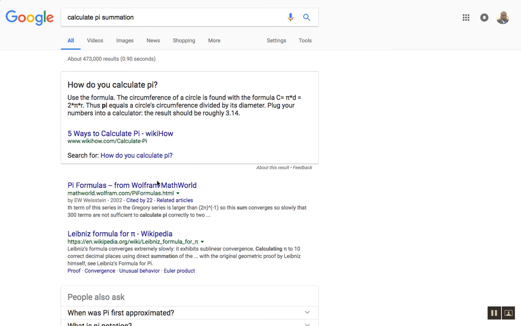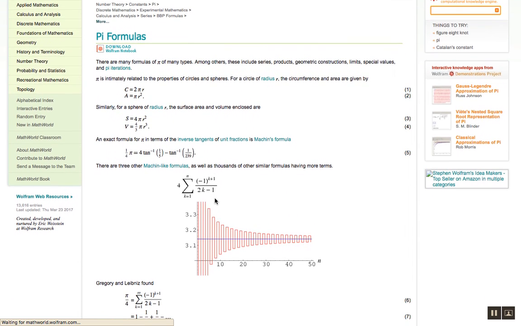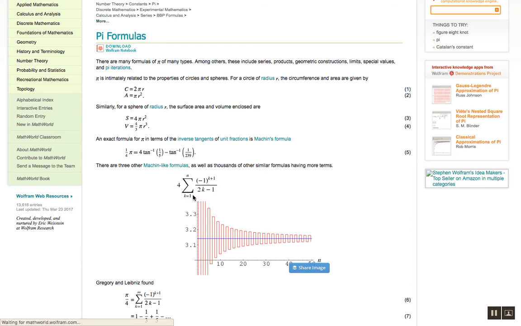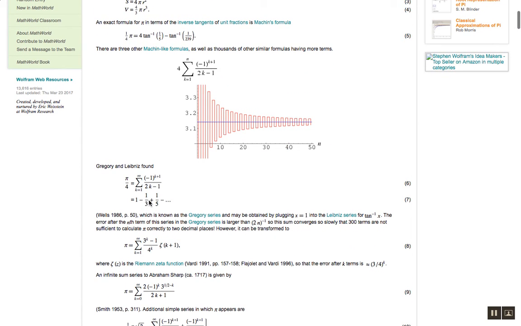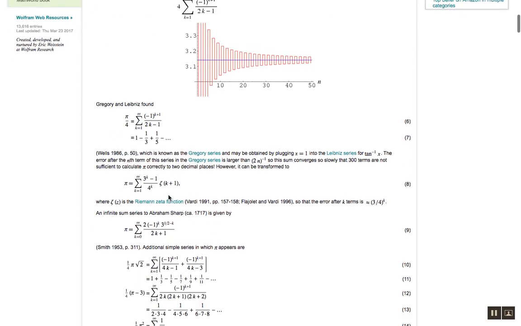Summation. Wolfram is pretty badass. So it's a sum from 1 to n of -1 to the k plus 1 over 2k minus 1. So it'd be like -1 squared 1 over 2 minus 1. So that's 1 minus 1/3 plus 1 over 5 minus 1 over 7, I believe. And it would go on and on, my friend.